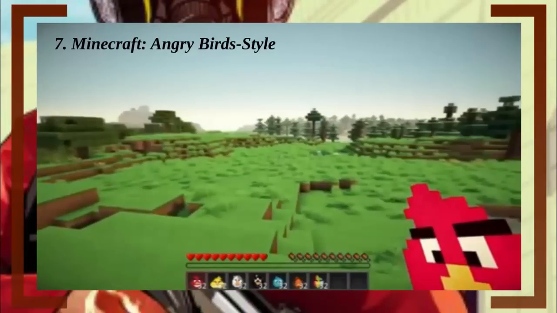Minecraft. Angry Bird style. Minecraft is famous for the fact that you, the player, can create whatever you damn well please. The entire Kanto region from Pokemon Red and Blue? Sure, a life-size replica of the Starship Enterprise? Why not? But even with all that choice, some people still felt they didn't have enough creativity, so they created